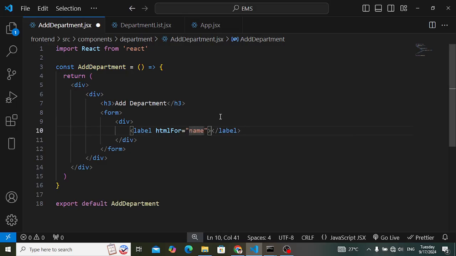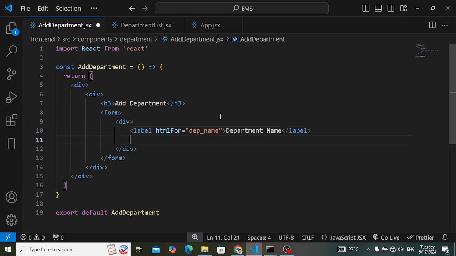Okay, department name, and here I will write department name. Down from that we will have an input field, type text, placeholder, enter department name,